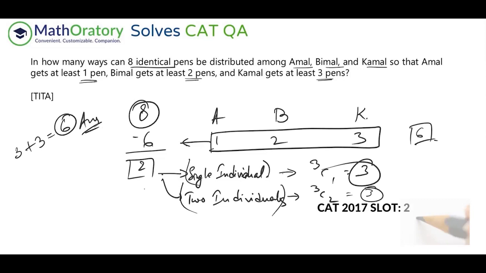So that is the answer, and that is the simplicity of this problem. Even without stars and bars, you can solve this in less than 1 minute. All you have to do is understand the idea behind identical pens. There are four key differences that you need to know when it comes to PNC: addition versus multiplication, selection versus arrangement, identical items versus distinct items, and finally groups versus boxes.